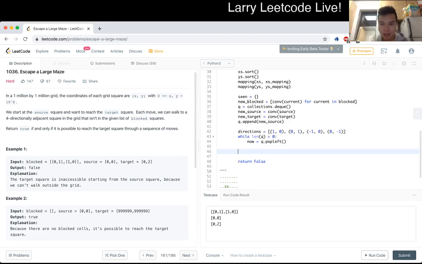Cool. Now we just want to say four directions. Okay, I like it this way better. I wish there was, what do you call it, tuple addition. Something that I always like in theory. Okay, now we just have to check that